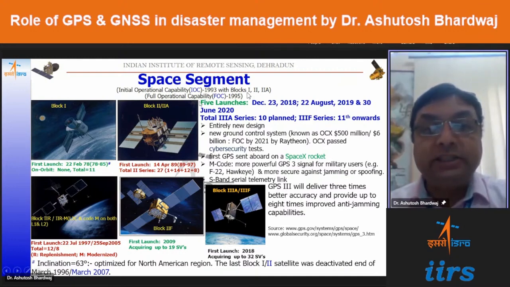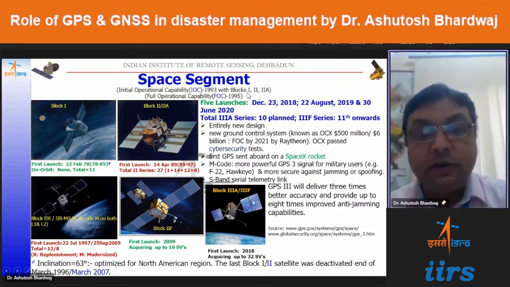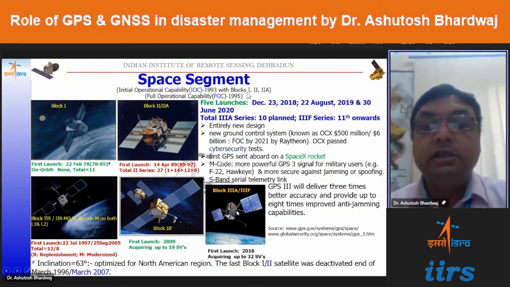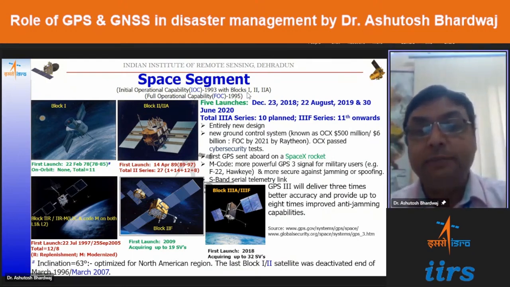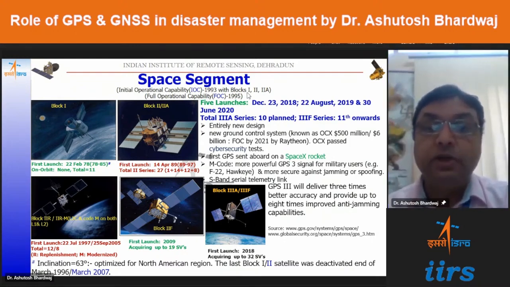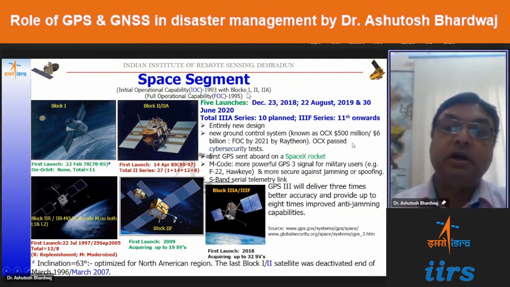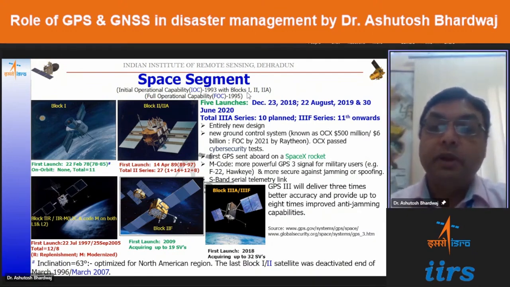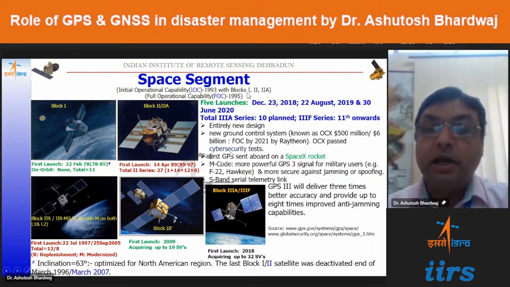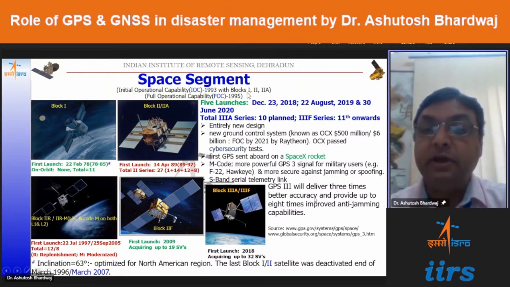So the 5 launches have been done for the latest Block 3 satellite also, and this Block 3 satellite is a completely new setup. It requires new hardware as well as new software on the ground and in space also. So it requires about $6 billion, out of which $500 million is spent on the highly secured software with cyber security, and it is capable of providing us 3 times better accuracy with 8 times improved anti-jamming